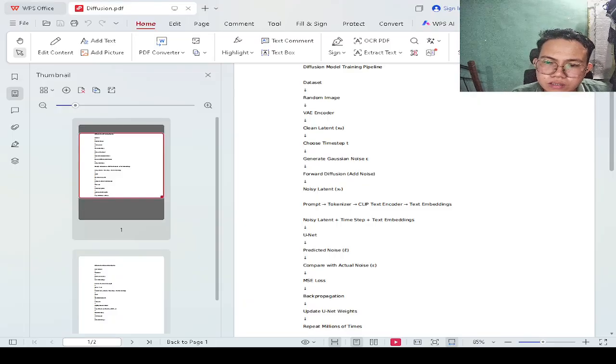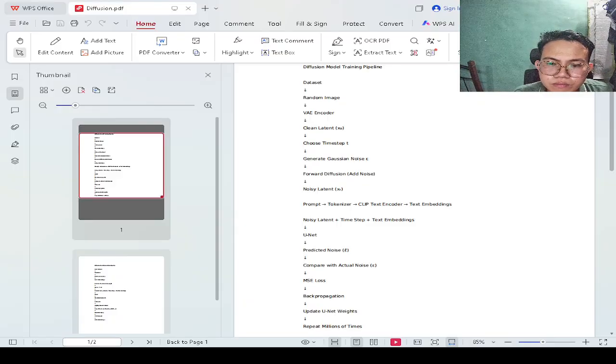By the way, in Gaussian noise, many values are small and a few are large. We add noise to the clean image until it becomes noisy.